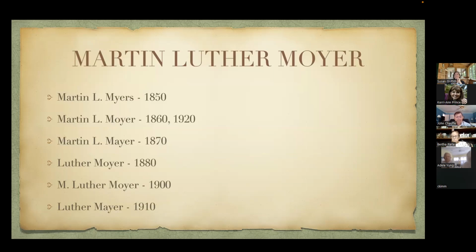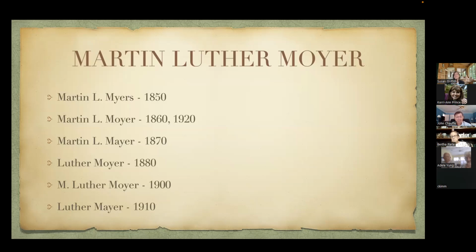In 1860 and 1920, I find him as Martin L. Moyer. In 1870, he was Martin L. Mayer, M-A-Y-E-R. In 1880, he was Luther Moyer. In 1900, he was M. Luther Moyer. And in 1910, he was Luther Mayer. And so